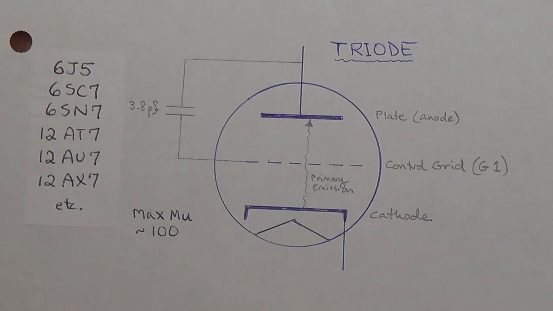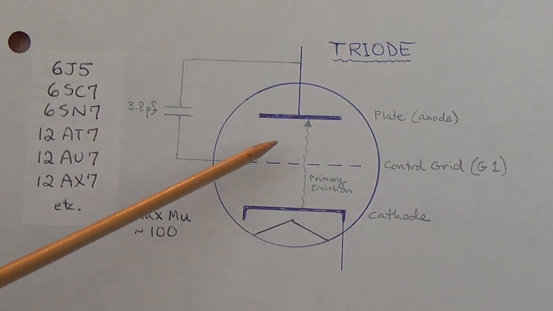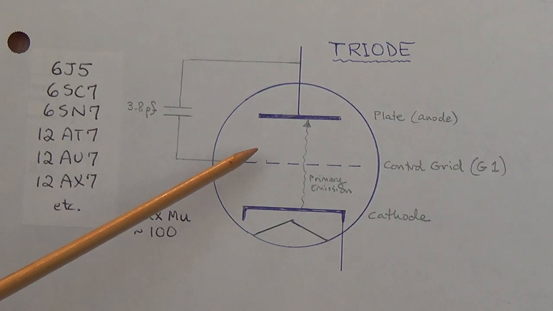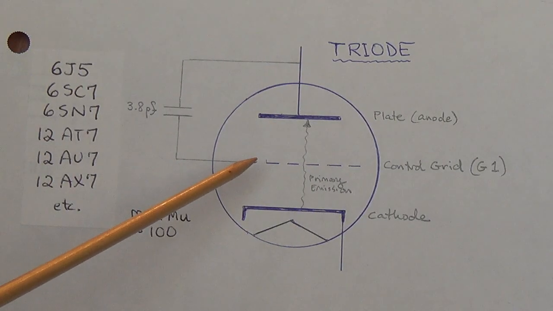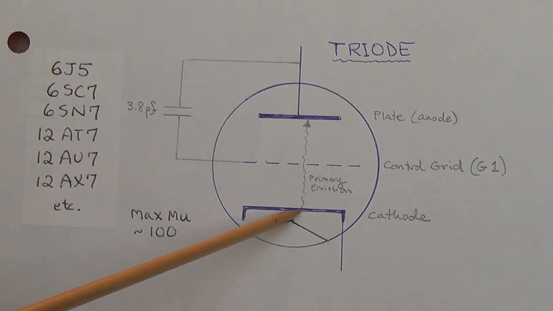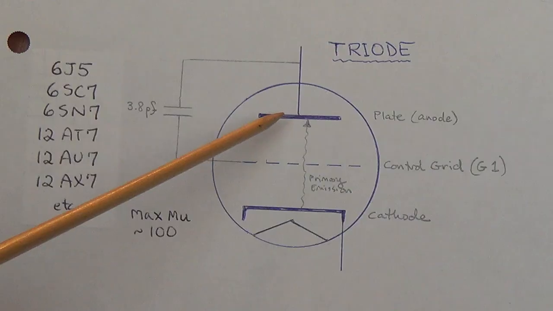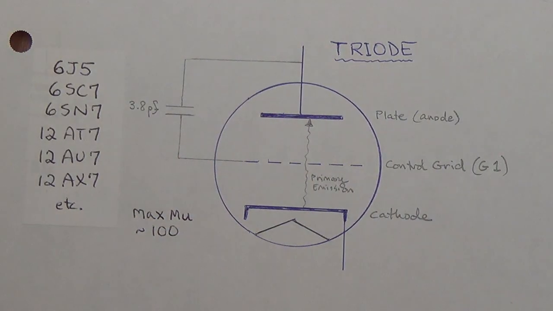So let's get started with a discussion of the evolution of the modern vacuum tube as used in a guitar amplifier. The first and simplest form is the triode. It was invented in 1906 by a man named Lee DeForest, and he called it the Audion tube. As you can see, it has simply a cathode, control grid, and a plate, three independent components, and therefore the name